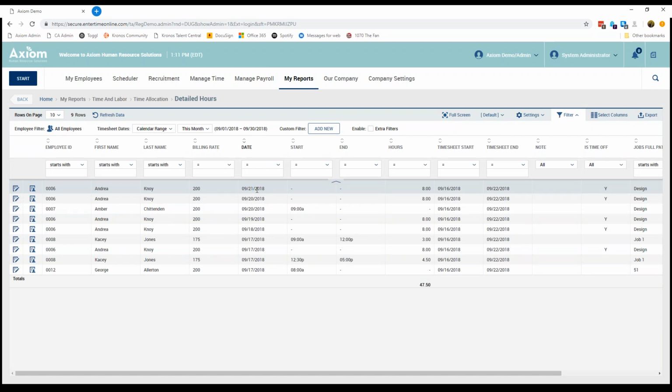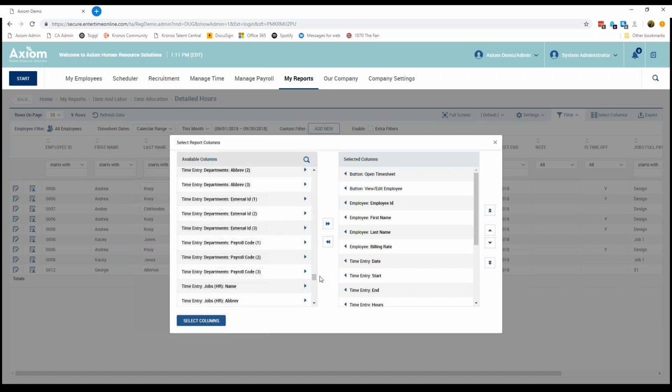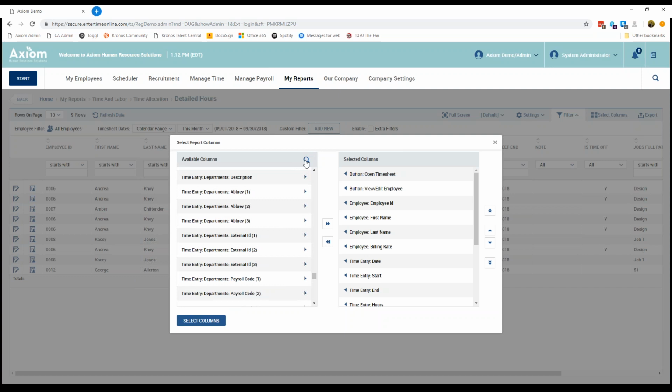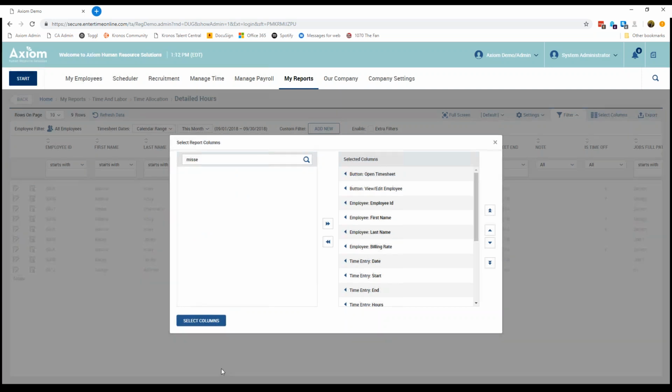And the nice thing about this report is that you can, again, come to select columns. We have a whole bunch again that we can add in. So our separate pay categories. You can add in notes if you're keeping track of timesheet notes. You can bring those in. You can bring schedules in if you're using those. And finally, another really nice thing about this one is that we can also bring in